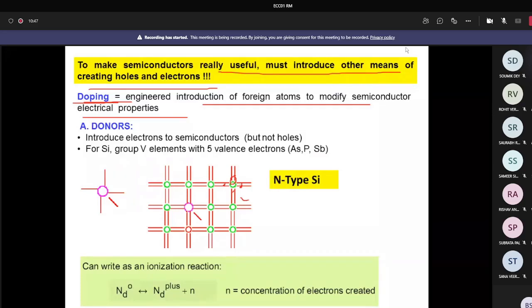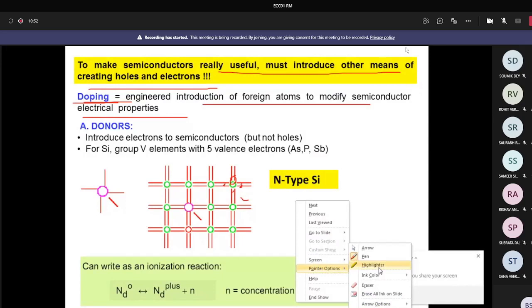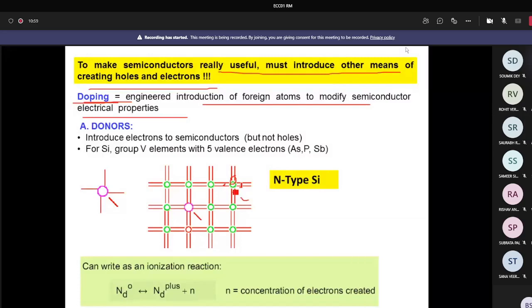Yeah, so here you have electrons, here you have electrons, here you have electrons, and here you have electrons. So this is my silicon atom. Silicon is crystalline in nature, so a periodic arrangement of atoms is available. As it is crystalline, the silicon atoms are periodically arranged. The green one is silicon.